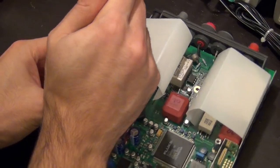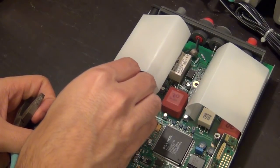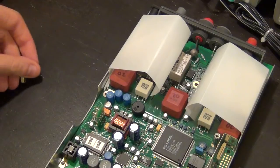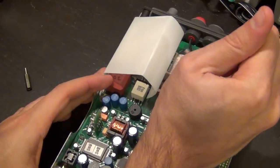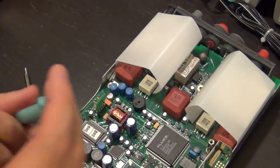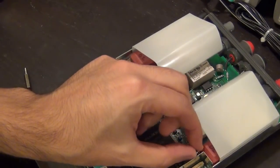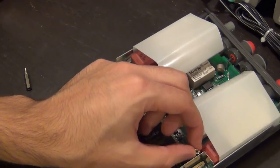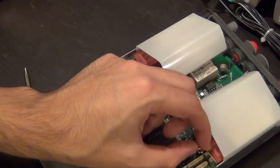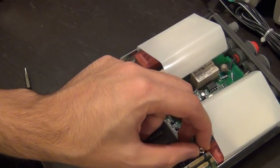So let me take these two stands off, which I believe is what's holding the main board. There we go. Yep, this is definitely holding the main board. There's a washer in there, which we will get. And this is the other one. The board is beautiful, as all of Fluke's designs are top-notch. The soldering is very nice. I don't see any fixes or botches or mistakes that they have corrected with a piece of cable or something,